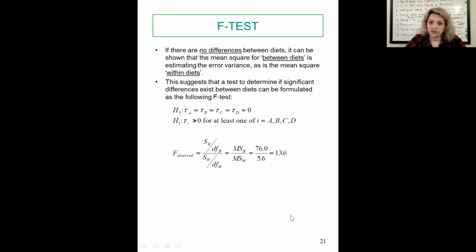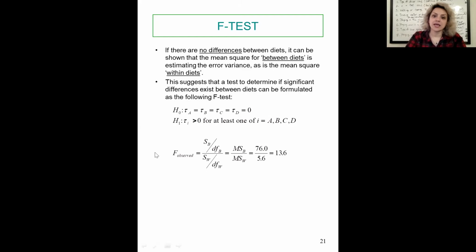So if there is no difference between diets, it can be shown that the mean square for between diets, like between diet A, B, C, D, is estimating the error variance, as is the mean square within the diets. So this suggests that a test to determine if a significant difference exists between diets can be formulated as the following